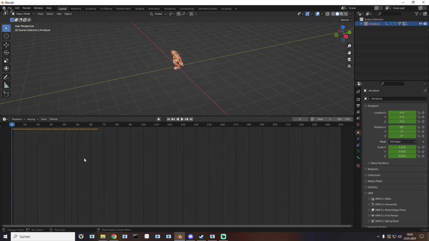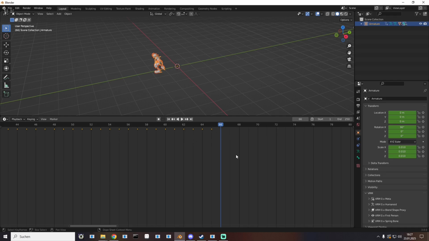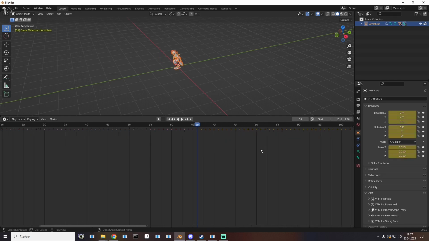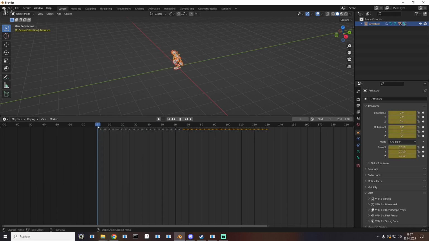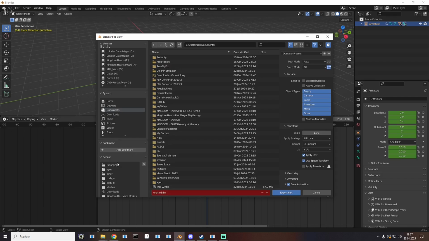Just for the lols, I will copy these keyframes, going to this frame 66. Looks awesome right now because they have a fluent frame per frame animation, and I'm going to double it. So he will perform the attack 2 times. Thing is, it will look a little bit stupid, but doesn't bother, it's just for testing purposes right now. Then you're going to export the animation